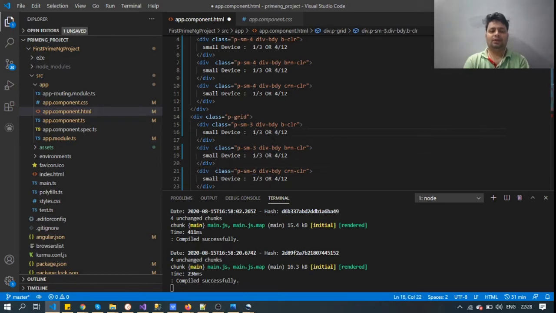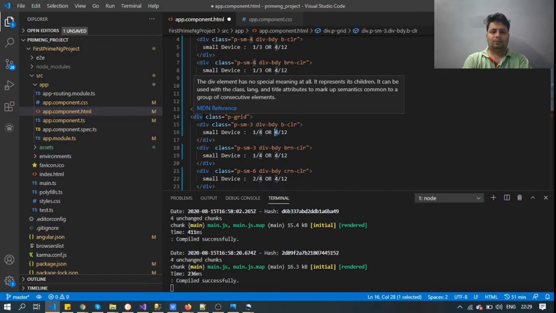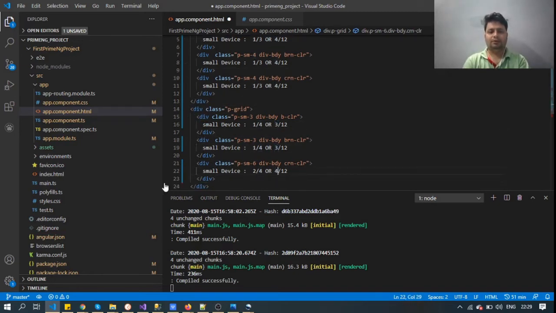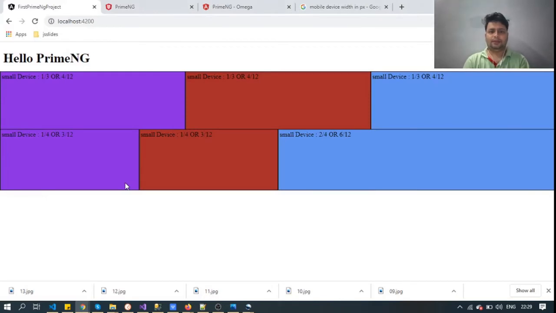Or we can say that the size is 1 by 4, 1 by 4 and 2 by 4. Or we can say 3 by 12, 3 by 12 and 6 by 12. Okay. So the second row is also ready, right?